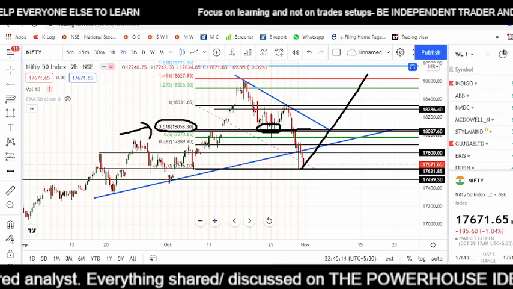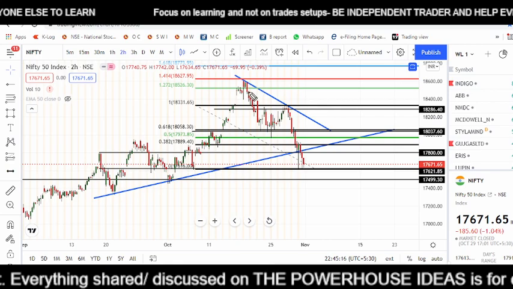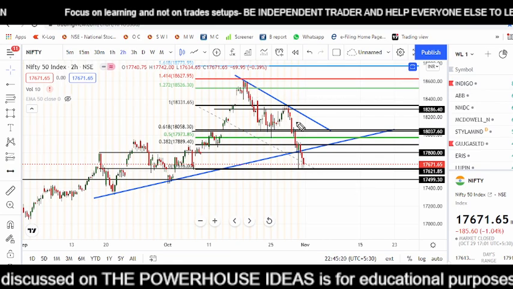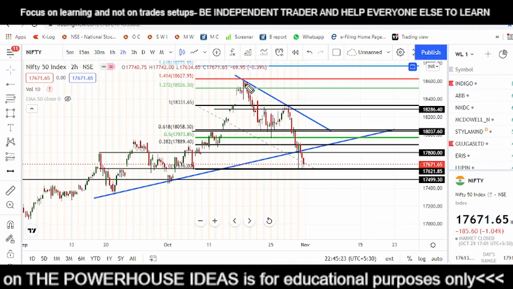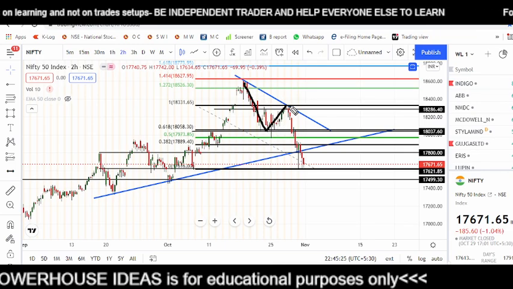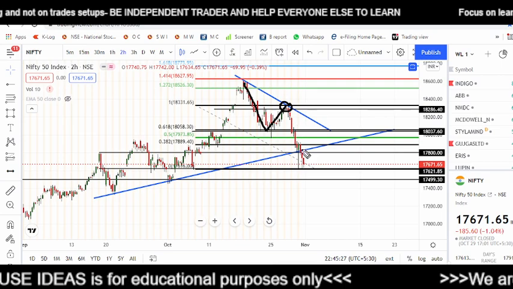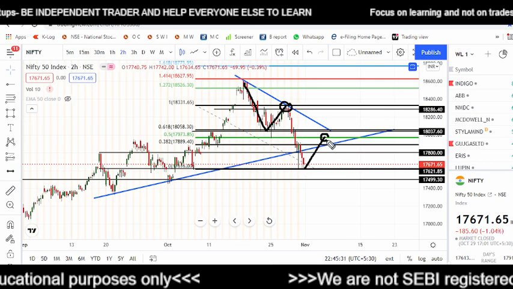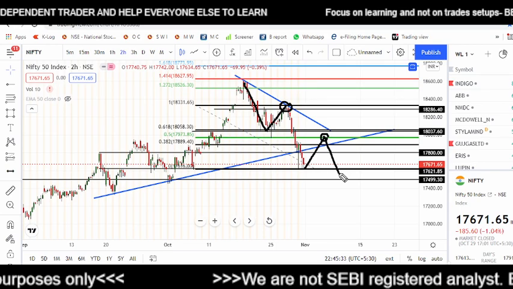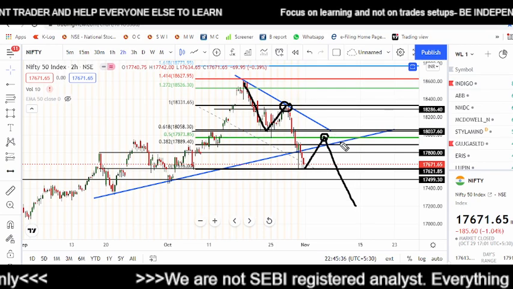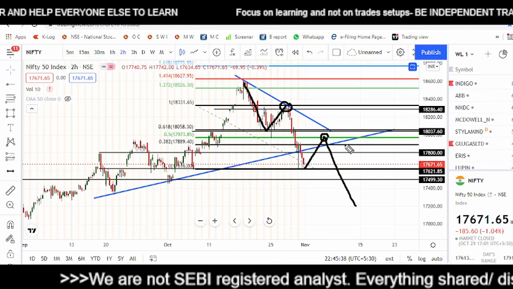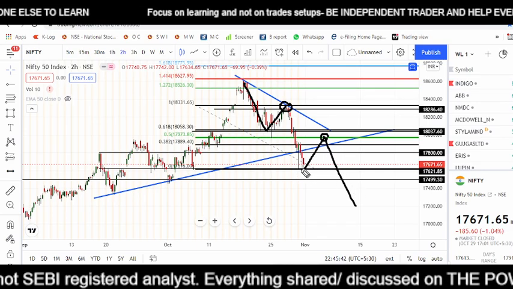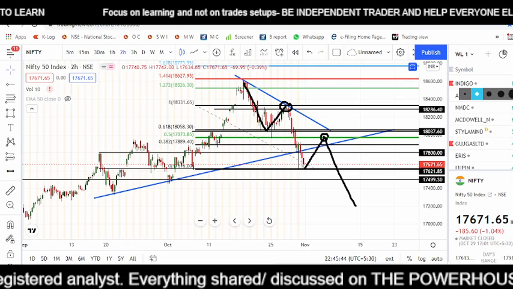But if we want to play the counter trade, that is a trade against the main trend, that is the negative trend, then we can play with the help of Fibonacci, which we can see over here also, because here also the retracement was up to 0.50. So on the same basis, we might see a retracement up to 0.50, and then if it has to fall, we can see a further fall. So this trade can only be taken with a proper stop loss, and if we see a gap down on Monday, then this trade will not be active.